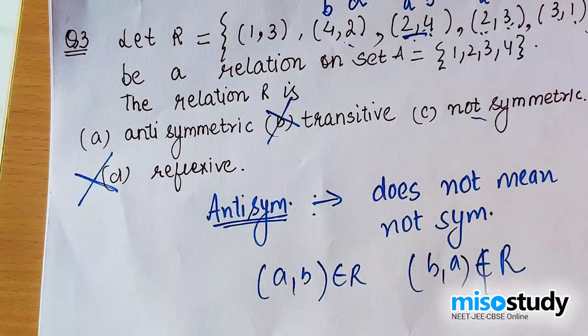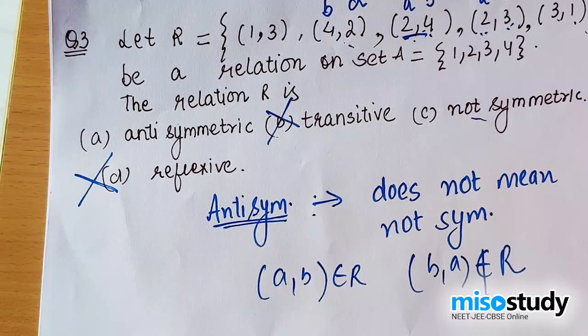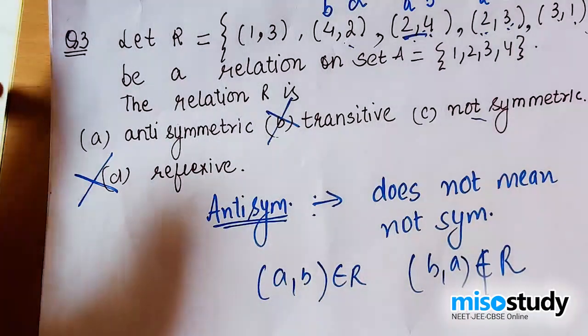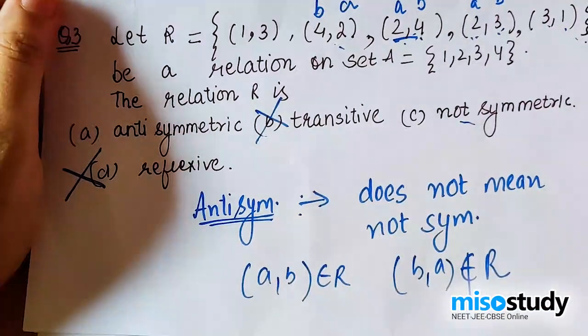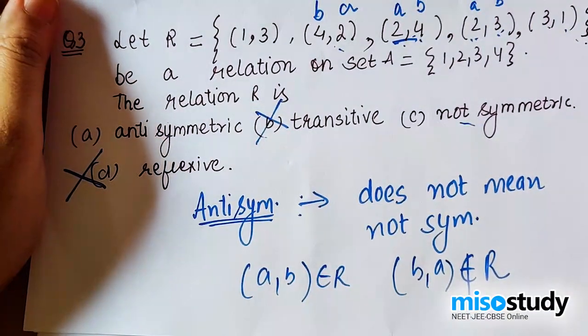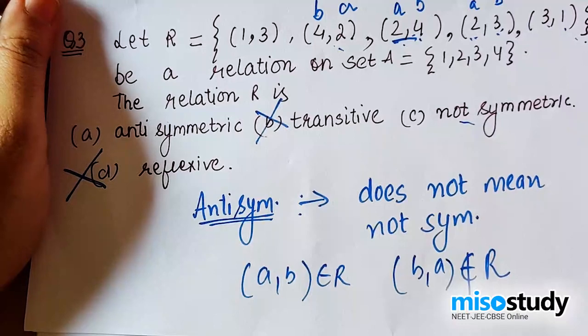We can call them symmetric also, because A linked to B, B linked to A. We can call them antisymmetric also. So (2, 2), (1, 1), (3, 3) are symmetric and antisymmetric both. But {(1, 1), (2, 2), (3, 3)} is not symmetric. In a similar manner, I hope you understood now, that if you have (4, 5) belonging to R, (5, 4) should not belong to R, that is antisymmetric.